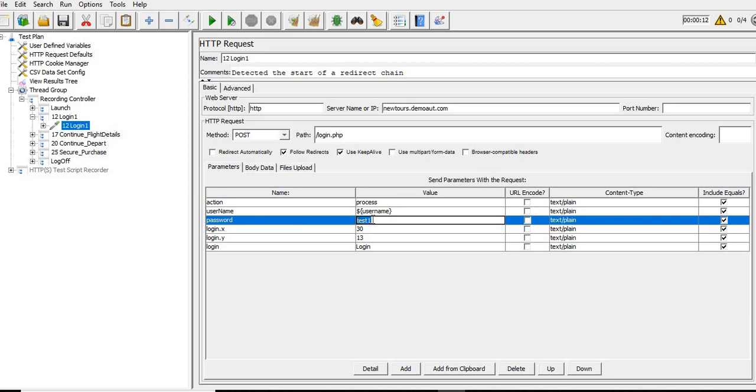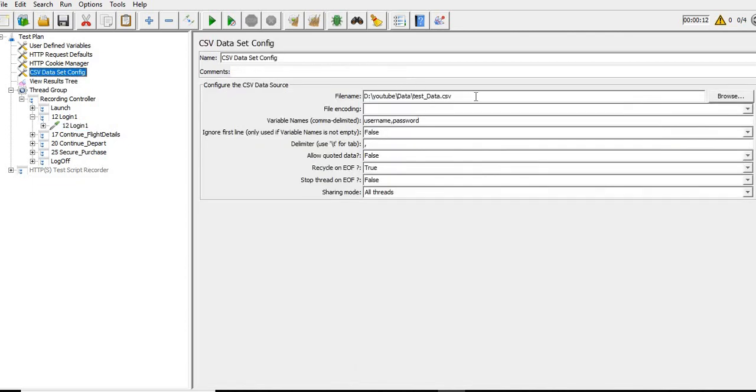Same thing we'll do with the password, dollar curly bracket password. Whenever I execute this script, it will fetch the value of username and password from this file. But in what way we want to fetch that data depends upon these multiple conditions which are displayed here. So we will go one by one.